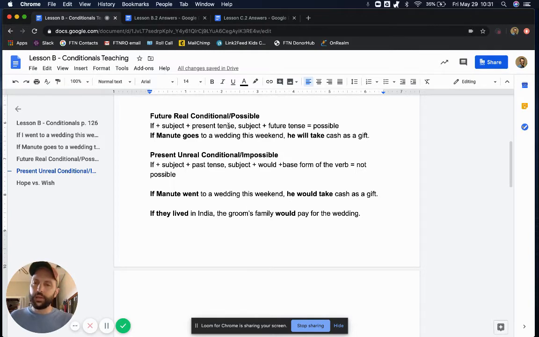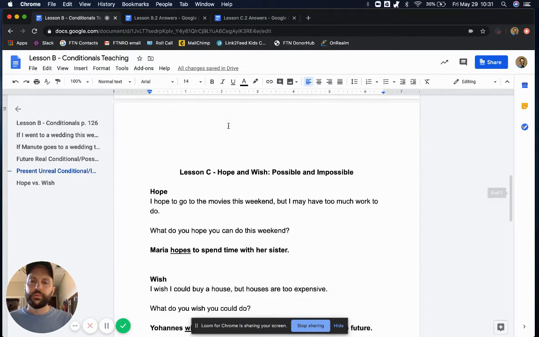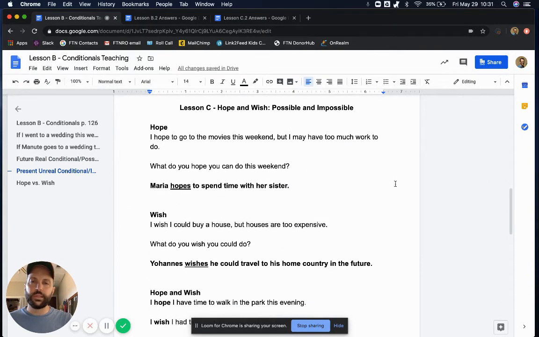But what I would like to do now is to finish with lesson C. And this is something similar. It's a similar idea, and so hopefully this won't be too confusing doing these together. But it's how to use the words hope and wish. Okay,